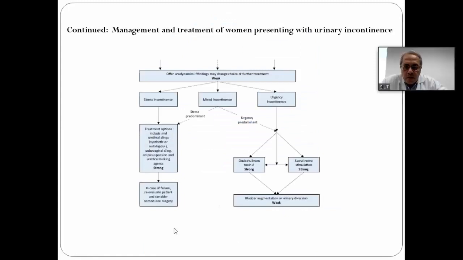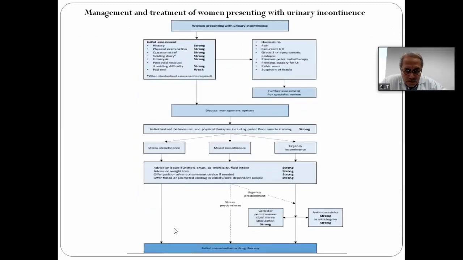Now, just a minute. If you go back, what I want to do is, maybe step number 4 has to be done afterwards. For instance, this individualized behavioral physical therapy, including pelvic muscle training, should be done after you have classified the patient in at least 3 different groups: stress, mixed, or urgency incontinence. Why I am telling you is